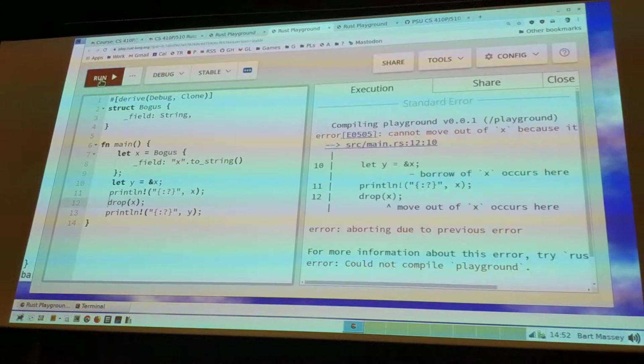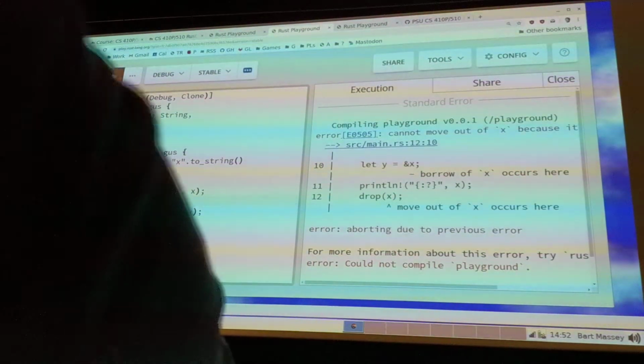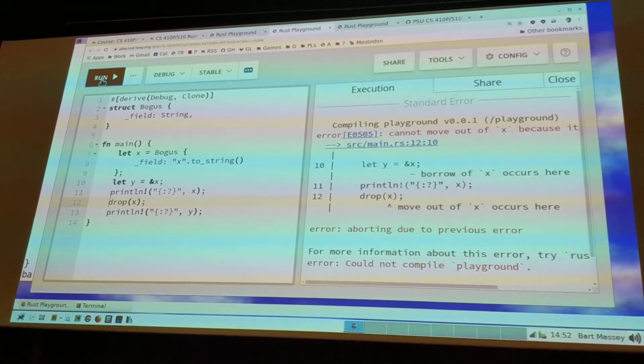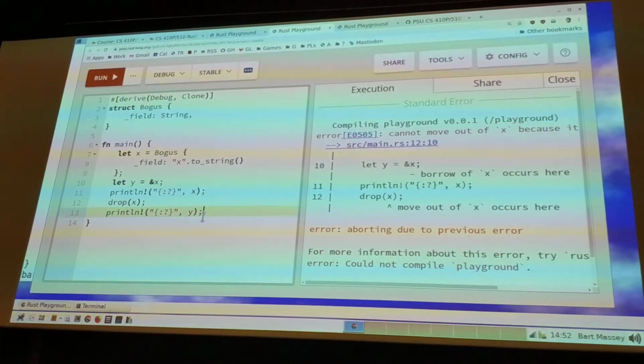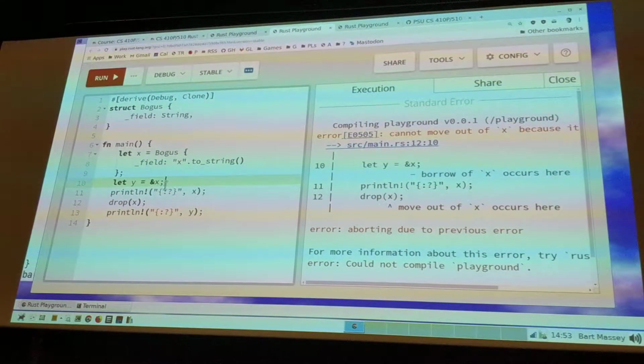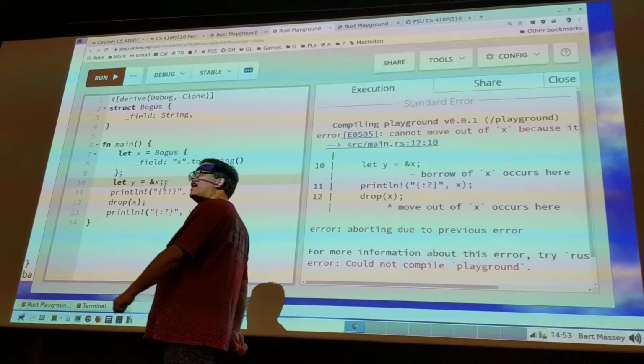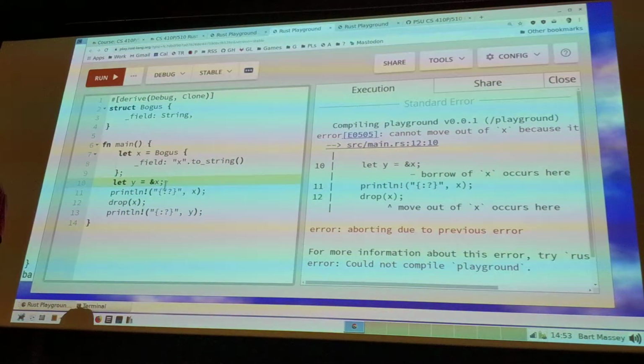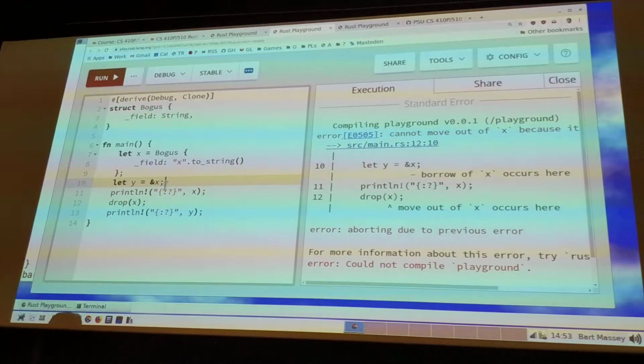Now the compiler's going to say no. First of all, we don't even get as far as this line, right? What it says is, you made a reference to x. As long as that reference to x is live, which is what y is, you can't get rid of x. X can't get rid of its value. It's not allowed to drop it that early. So y has to outlive x. X can't live less long than y does.